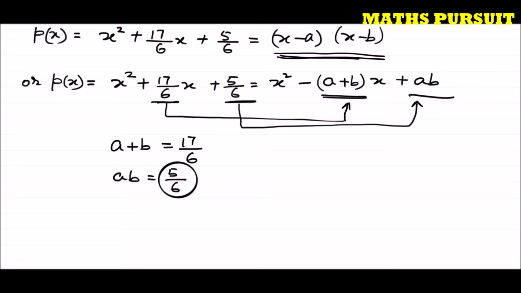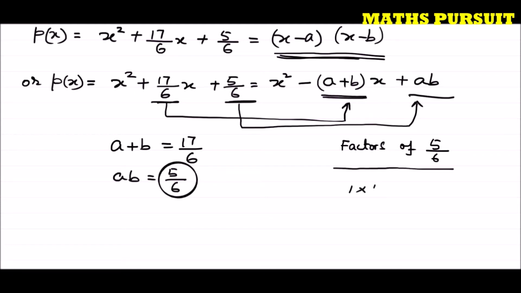If you remember, you can refer to the split method, and you can see how we found out the factors of 30, and how we found out the two numbers p and q. So what could be the factors of 5 upon 6? If you recall, we took the factors of 30 as 1 into 30, 2 into 15, 3 into 10, 5 into 6. Like this we took the factors. Now if we consider the factors of 5 upon 6, what will we get?